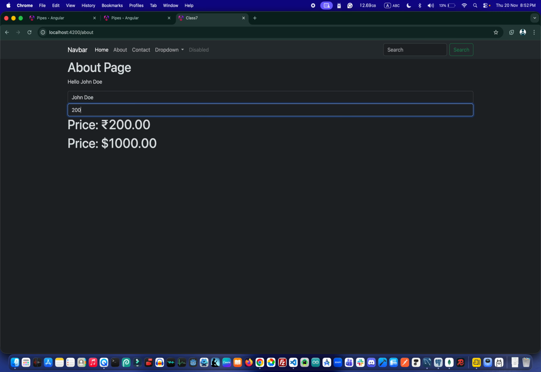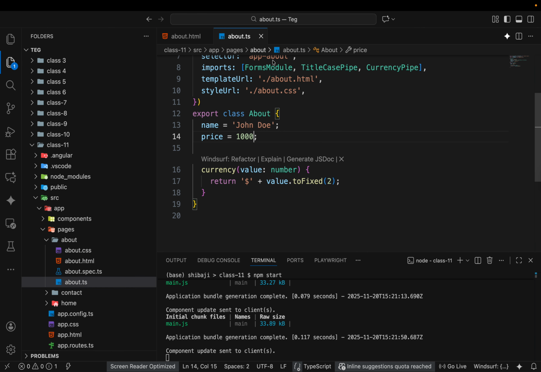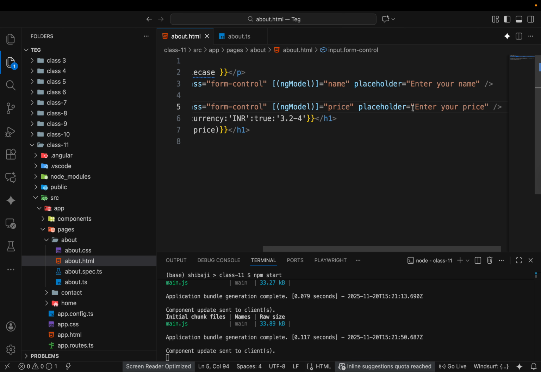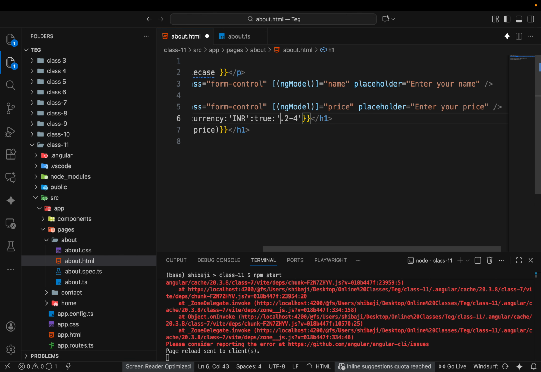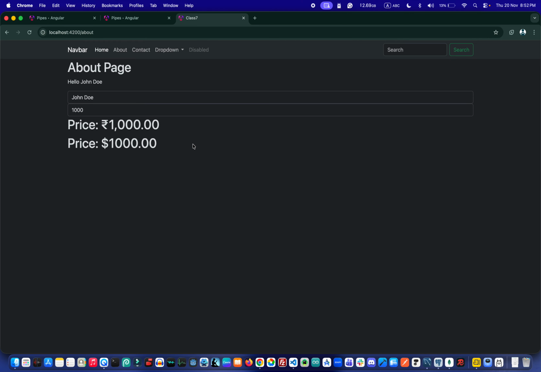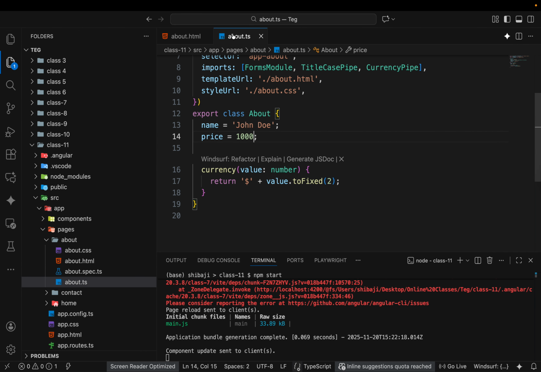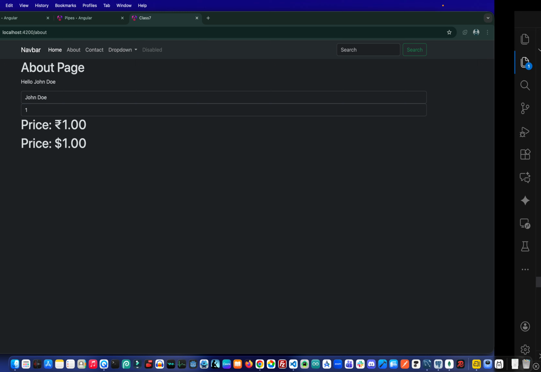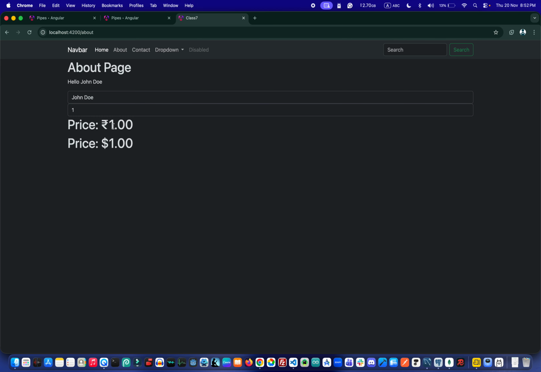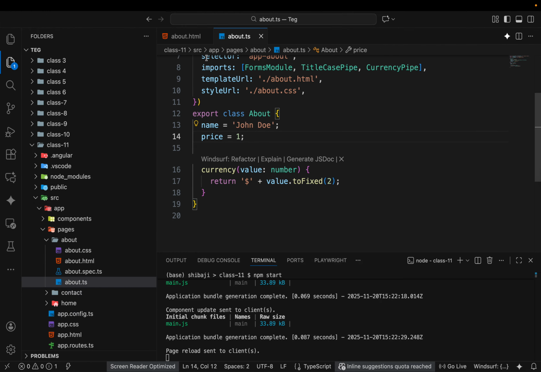So if $1, 1 rupee means 1 rupee, right? It is a base value. But if I want to convert it